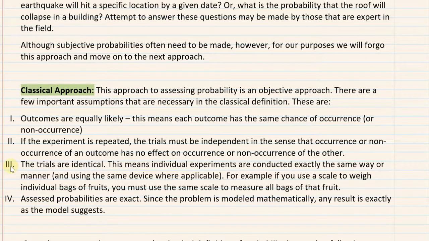And the other thing, this is more of an observation, not a requirement, about the classical approach. Because in the classical approach the probabilities are mathematically modeled, if we can model them, these probabilities become exact, in the sense that if I say the probability is 1/3, that is exactly 1/3. It's not going to depend on sample size. For example, with a sample of size 50, I may get a different probability than if I had a sample of size 30. It's based on mathematical models, so probabilities are exact if we can model them.